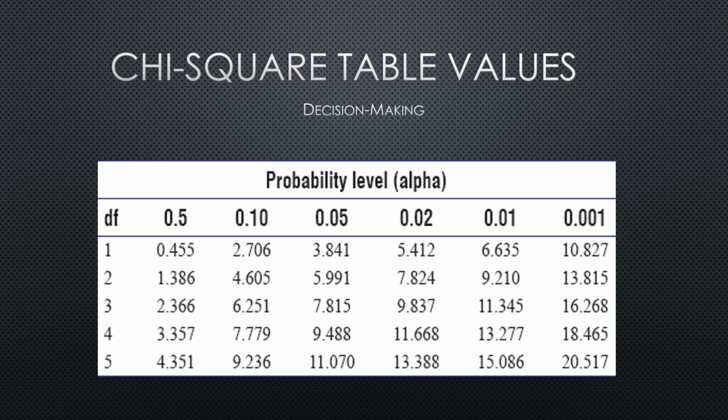Okay, so again, when you run a test, you're actually going to get a chi-square value. That chi-square value will be compared to the table value, which are these values you see in front of you. If your chi-square value is larger, you'll reject the null. If it's smaller, you fail to reject. This is one reason you don't want to set alpha really at 0.5. See how here it says 0.5? Look, all you'd need is a 0.455 to reject the null. You're going to get that